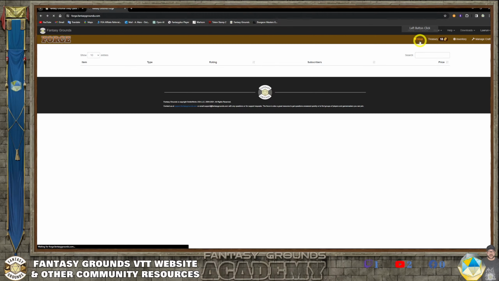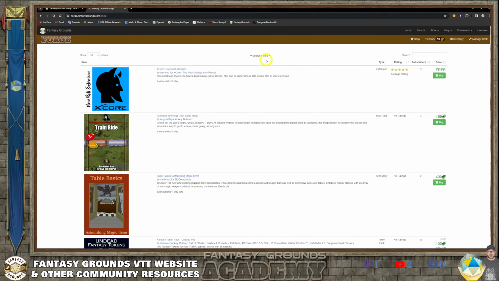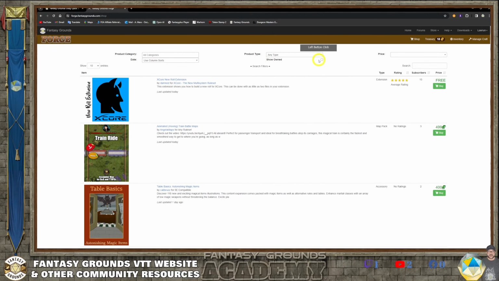So if you go to the shop, the front page, and you're a user who has a bunch of stuff already, use the search filters and click on Show Owned, and it will show everything that you have. It won't hide it in your